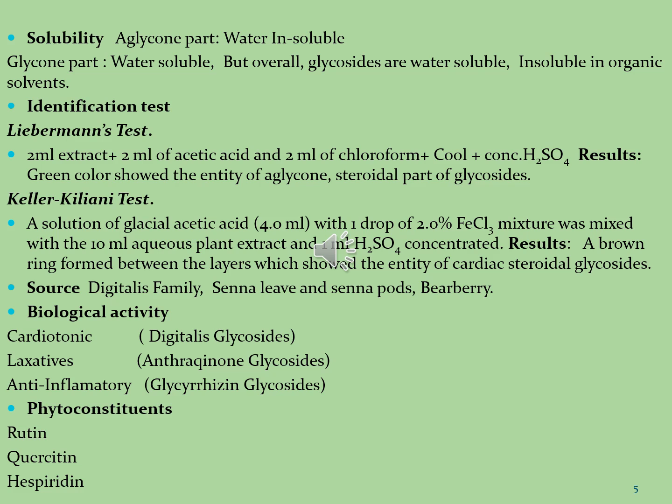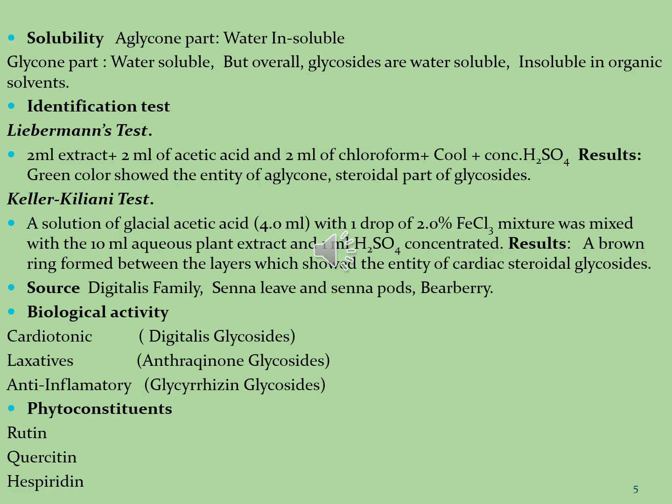The second test is the Keller-Kiliani test. In this test, a solution of glacial acetic acid, that is 4 ml, with 1 drop of 2% ferric trichloride is mixed with 10 ml of aqueous plant extract and 1 ml of concentrated sulfuric acid is added. In the results, a brown ring is formed between the junction of the two layers, which indicates the presence of cardiac steroidal glycosides. When we see the sources of glycosides, these are isolated from the Digitalis family, Senna leaves and Senna pods